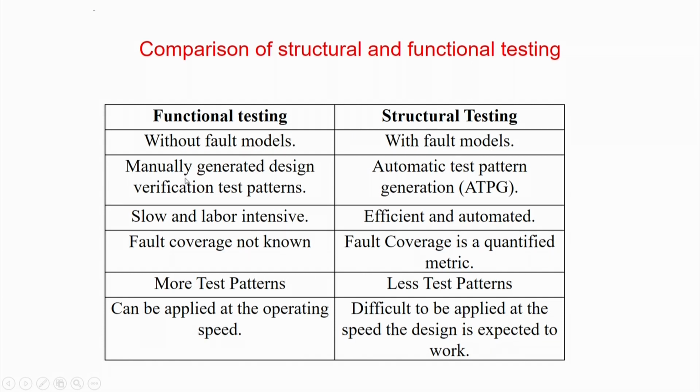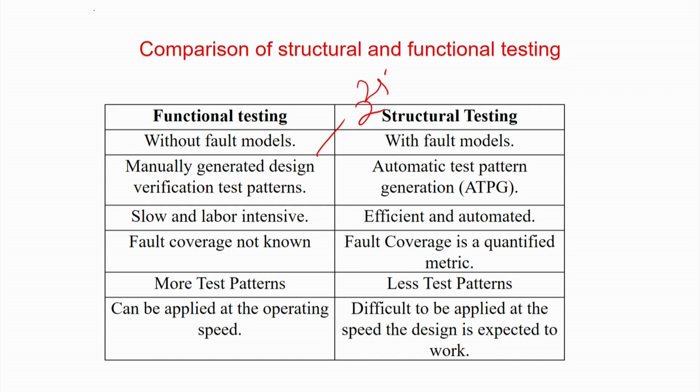Functional test, manually generated test patterns. Basically we never apply 2 to the power 25, or 2 to the power n; people restrict it to a smaller number by manually intervening. That is, you know the functionality of the circuit, you know what test patterns to test it. Thus, they can be taken from the verification phase. So, functional testing can still be done without 2 to the power n, but a lot of manual intervention is required to tell which test patterns to apply.